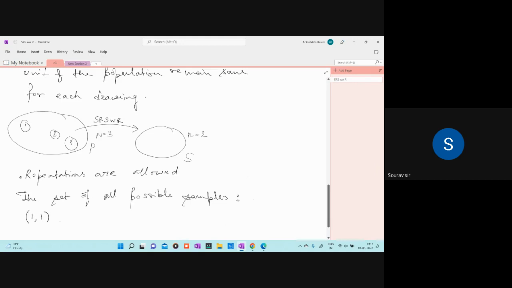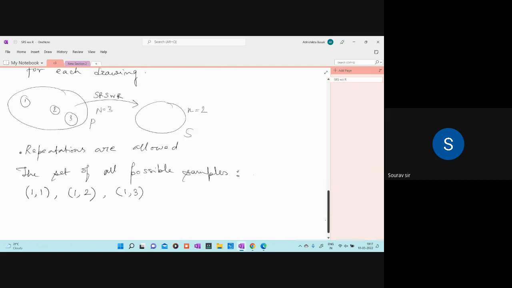So 1 1 is the first choice. I may get the first unit at the first draw and the second unit at the second draw. 1 2 is the second choice, and 1 3 is the third choice. Then 2 1, then 2 2, then 2 3, then 3 1, then 3 2, and